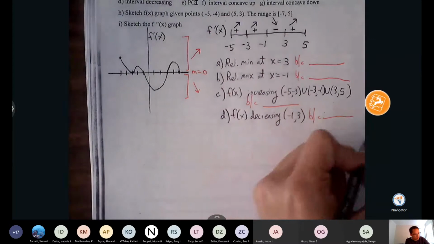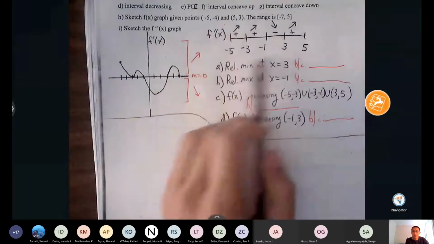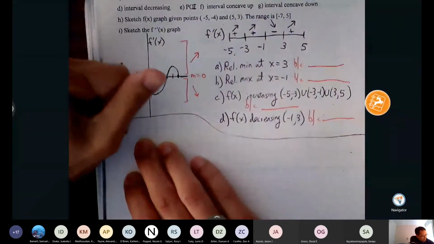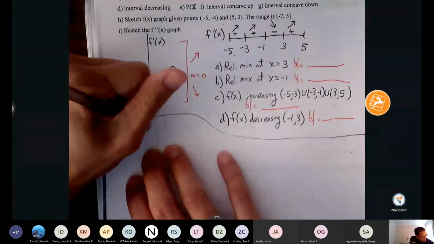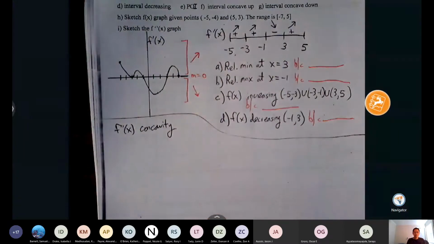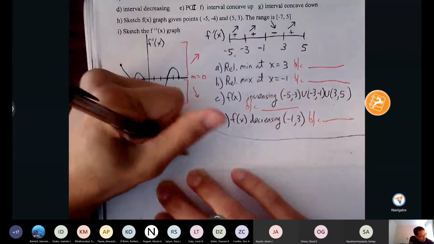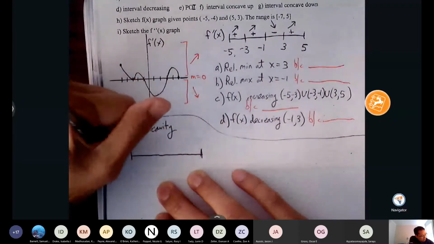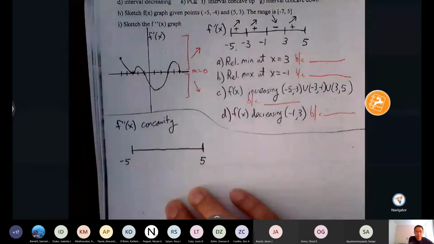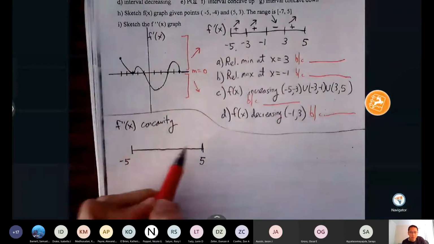Okay, we've gathered all the information that we can from the f prime side of things. So now we're going to move on to the f double prime, concavity sign line. So again, my second derivative sign line from -5 to 5. But we're going to pick off our critical points a little differently here. Now we want points of inflection